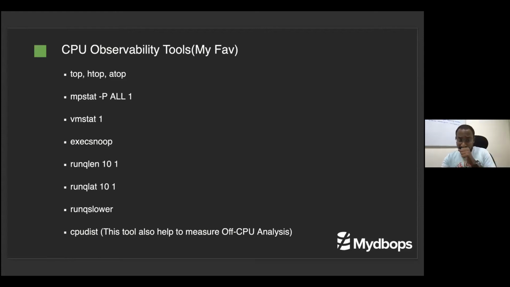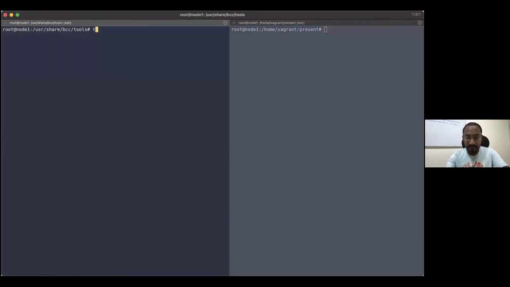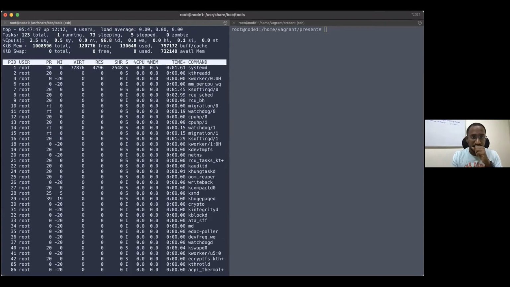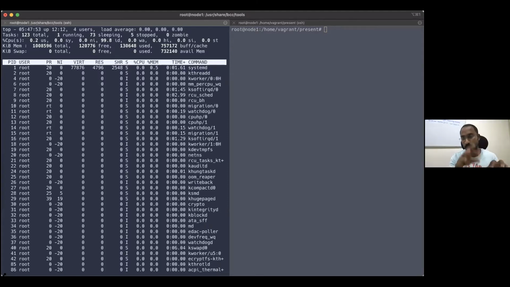As I told, this talk without a demo, how can we finish it? So next we are going to demo. Maybe I can help you understand a little better. I hope the screen is visible for everyone. If you have any problem viewing the screen, please raise your hand. So guys, you are seeing the top command output. For the top command, you need to go to the terminal and type top.